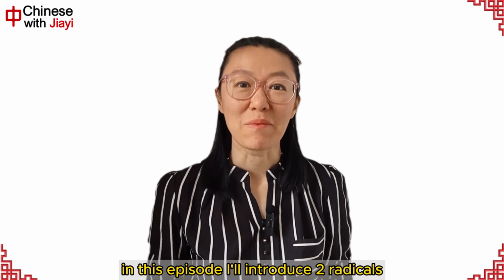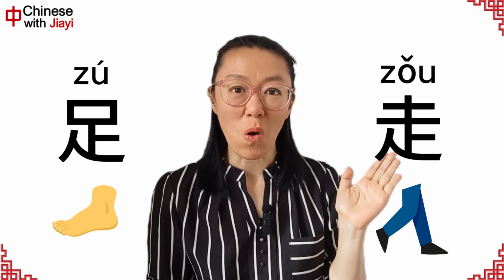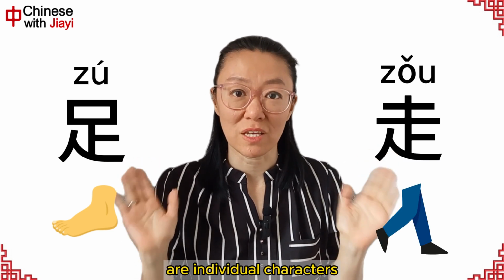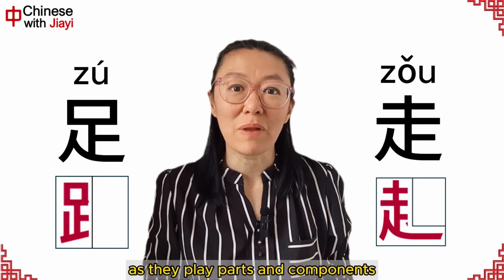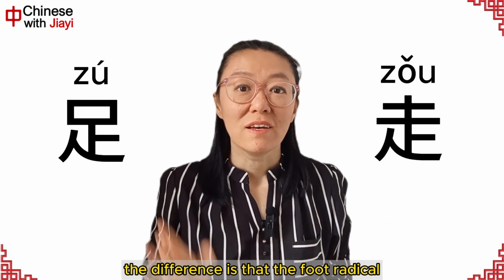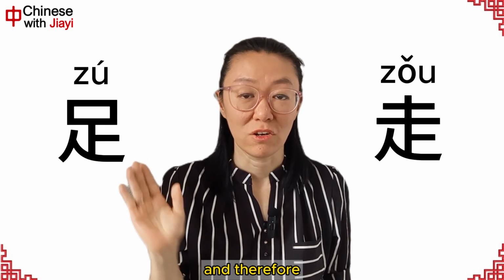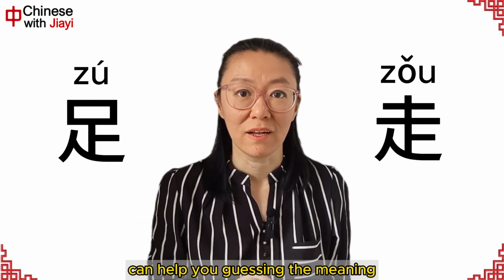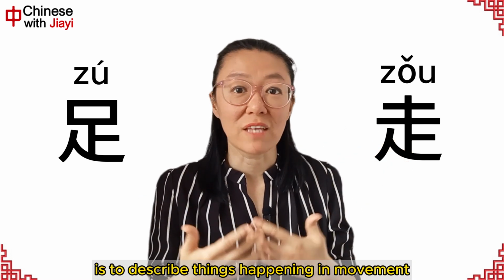In this episode, I'm going to introduce you to two radicals, 足, foot, and 走, to walk. These two radicals are themselves individual characters, and their looks aren't so compromised as they play parts and components in other compound characters. The difference is that the foot radical, 足, gives a clear hint of the character, and therefore can help you a lot in guessing the meaning, while the radical to walk, 走, is more to describe things happening in